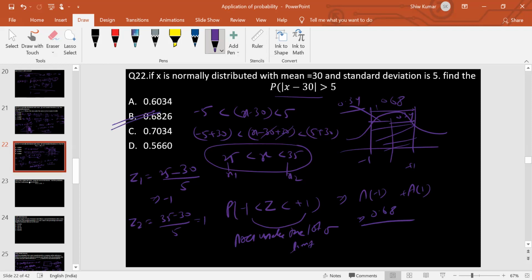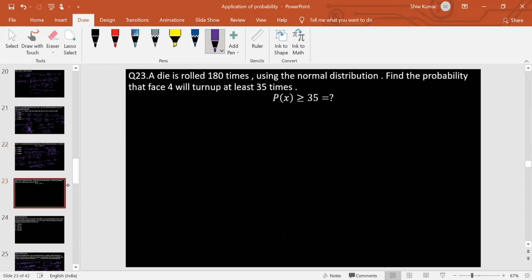चलो यहाँ पे next move करते हैं। Next एक और question है, it is based on normal distribution only here। So यहाँ पे पूछा गया a die is rolled 180 times, यानी n is equal to 180। Using the normal distribution find the probability that the face 4 will turn up at least 35 times, यानी minimum 35 times turn up होना चाहिए, maximum it could be 180 times। तो P of x यानी minimum यहाँ पे होना चाहिए 35 times, यानी maximum it could be 180 times। तो we need to find out probability must be greater than equal to 35।